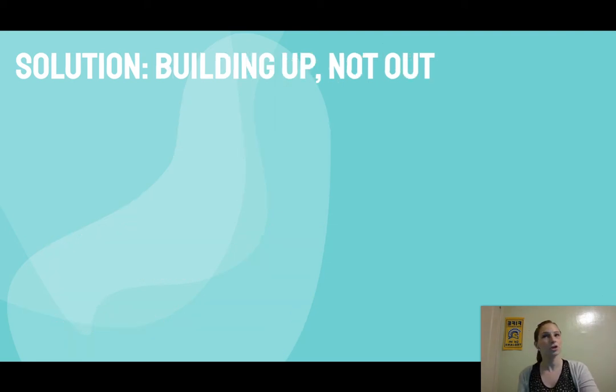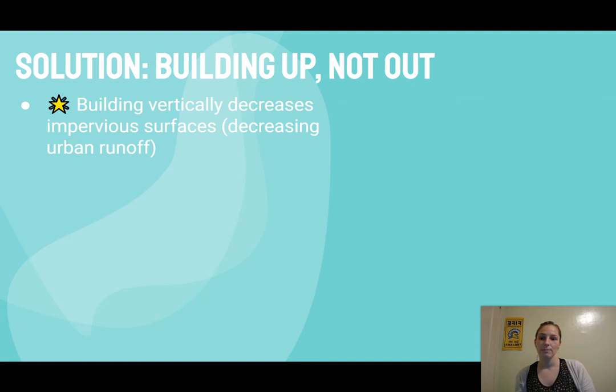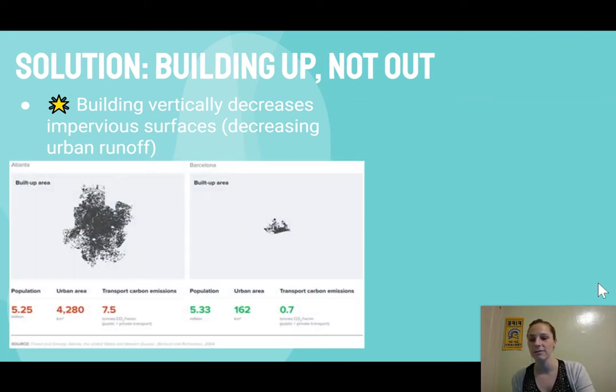Another solution to our urban runoff is going to be building up, not building out. Building vertically is going to decrease the impervious surfaces, which then leads to decreased urban runoff. So this is going to be a picture of Atlanta versus Barcelona in Spain, Atlanta, Georgia, here in the United States. If you look at Atlanta, it's more of a sprawling area. You're going to have a lot of single houses, a lot of roads,